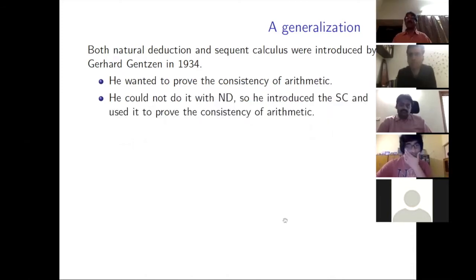He tried with natural deduction, and his whole idea of formalization of natural deduction was: this is how mathematicians do proofs. But he couldn't do it, and therefore he introduced the sequent calculus and used it to prove the consistency of arithmetic. And his proof of consistency of arithmetic and that ordinal epsilon naught is one of the most beautiful landmark results of